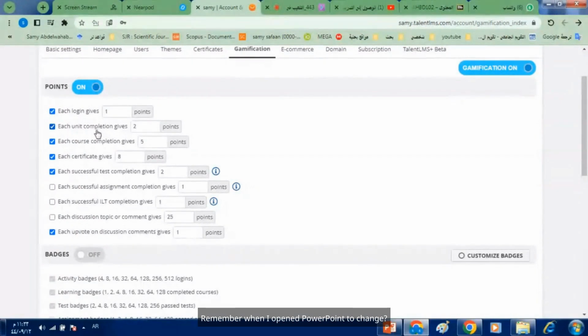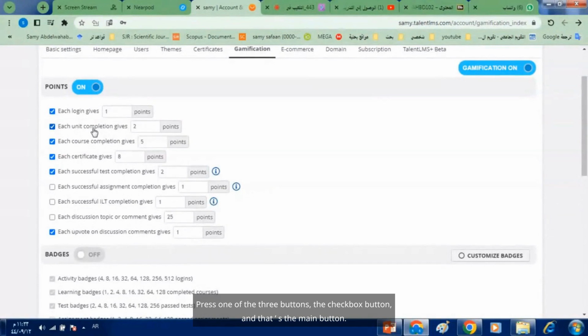Remember those 3 buttons. Remember when I opened PowerPoint to change. There were 3 buttons. Press one of the 3 buttons, the checkbox button, and that's the main button. What does it mean? If the student enters the unit,